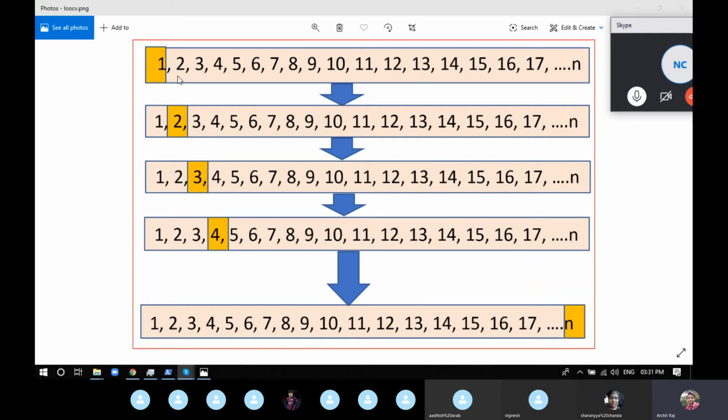In each iteration of LOOCV, we keep one set, one value of x and y, outside the training data set, and train our model on the remaining ones, 2 to n, and then try to guess the answer for 1.